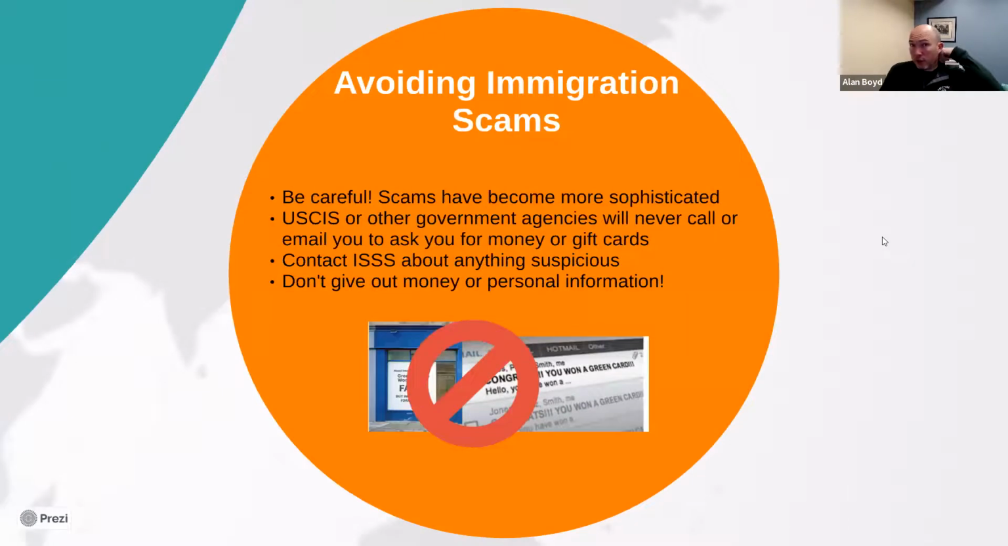Finally, a word of caution to international students. We often hear from students, and we are the recipient of scams ourselves, from criminals who are trying to take advantage of F-1 and J-1 students. Just know that there is no government agency that will call you up and demand money from you in order to